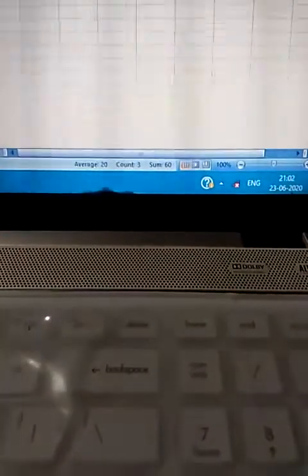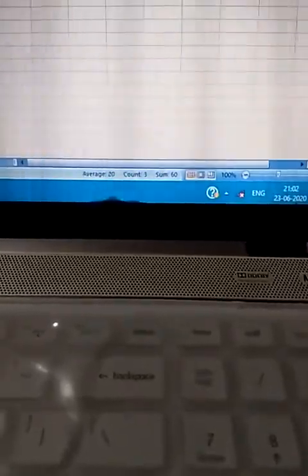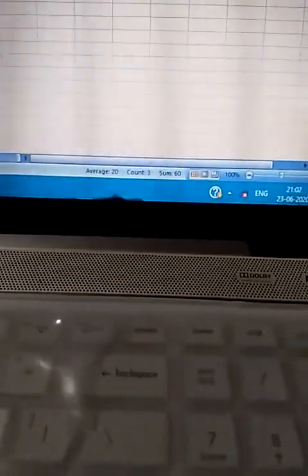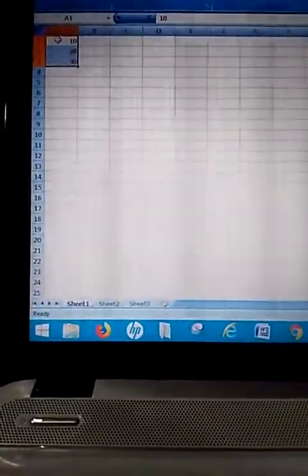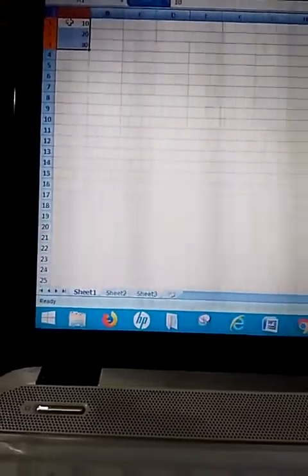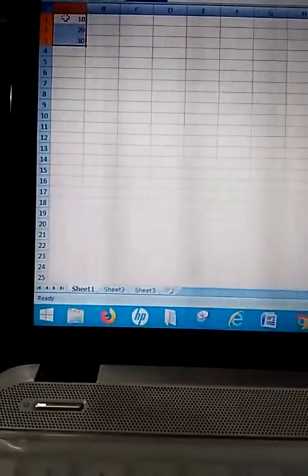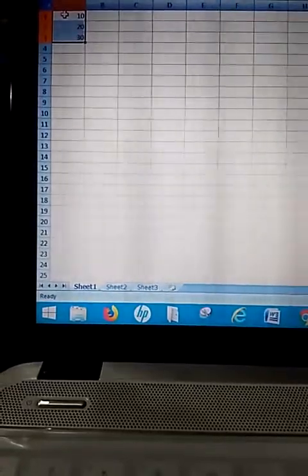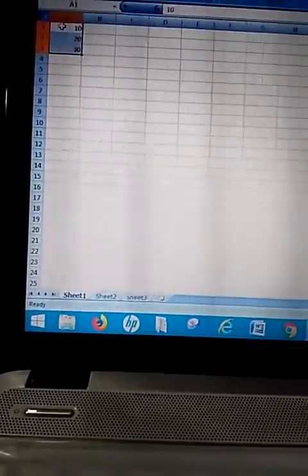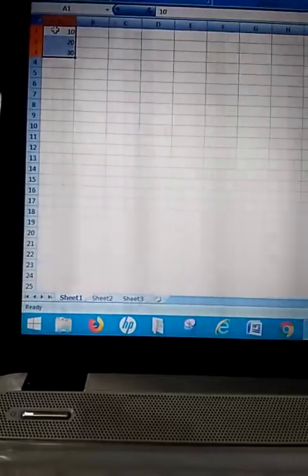Clear? So that is Excel, in which you can work with numerical data. I think by the help of this video this interface is clear to you. In the next class, I will tell you how to create and insert a new worksheet and how to delete a worksheet. Okay, we will start our Excel sheets. Thank you.